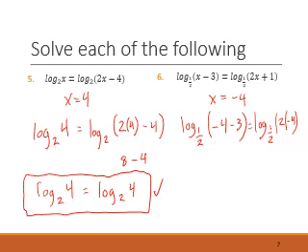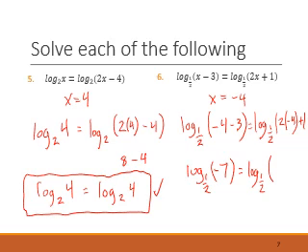Sorry, this is getting a little hard to squeeze in here. Okay, negative 4 minus 3 is log base 1/2 of negative 7. And the other side is also log base 1/2 of 2 times negative 4, which is negative 8, plus 1,